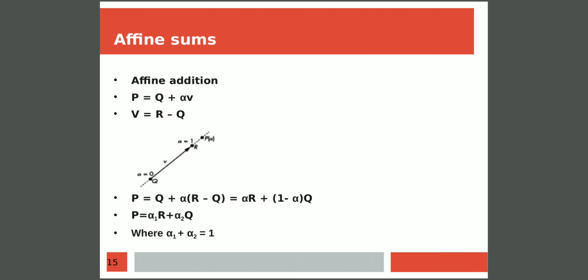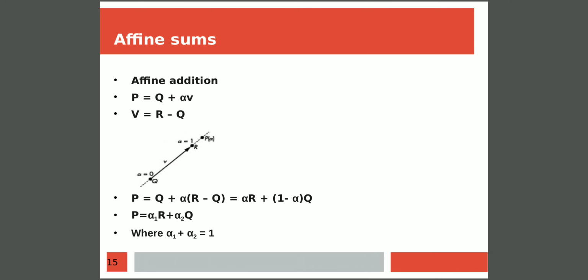So whenever you increase the value of alpha from 0 to a positive value, we are going to get a new point on the vector v. In the same way, whenever you give a value for alpha greater than 1, we are going to get a new point in the same direction of v. One such point we are considering is known as p, that is p of alpha. Then how can we represent this p of alpha? Our new point p is p equals q plus alpha v.